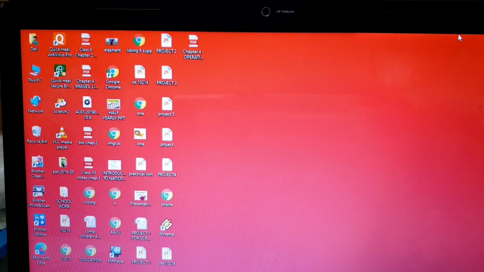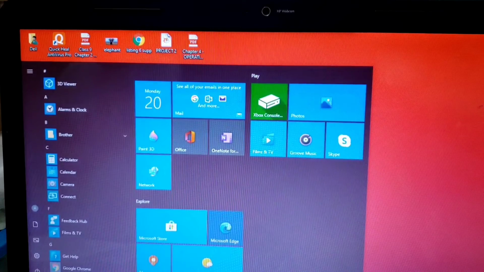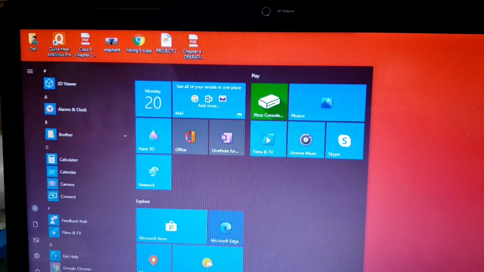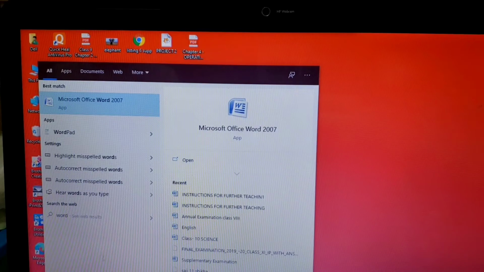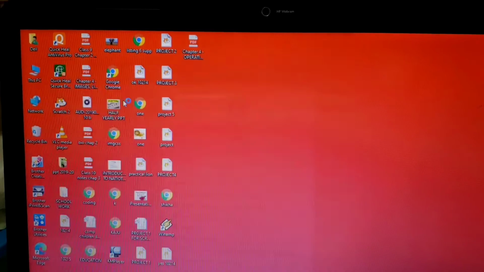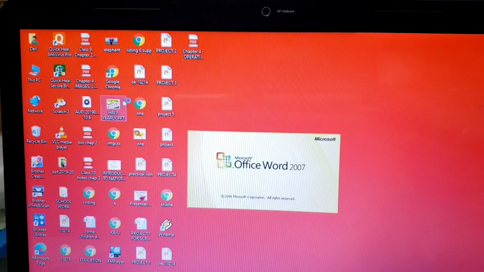So the first window which we have whenever we are working on any particular software, whenever we are opening any, suppose right now I am opening Word, so MS Word will give you two kinds of windows. I'll show you what two kinds of windows you will get.